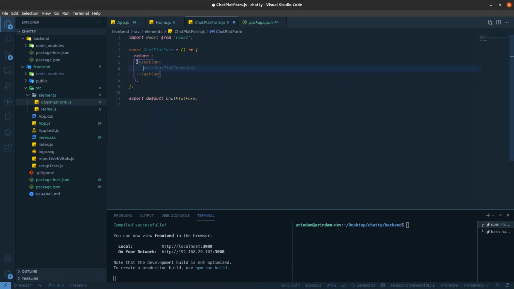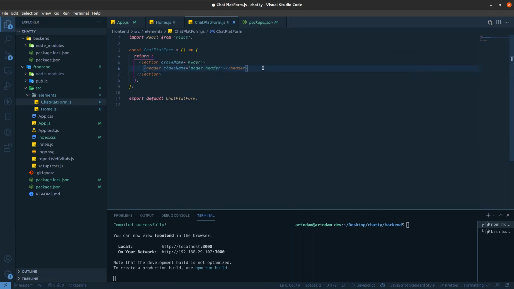I'm using basic HTML and CSS. Then header. The section needs one class name. The class name is messenger. And the header also needs one class name.